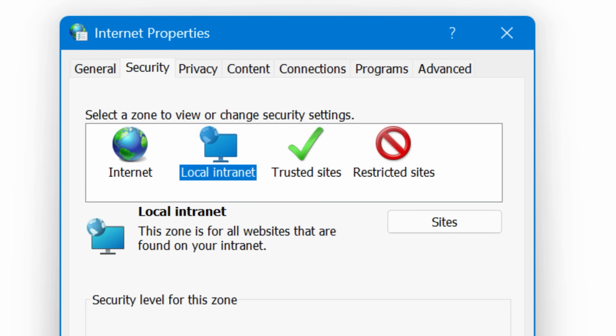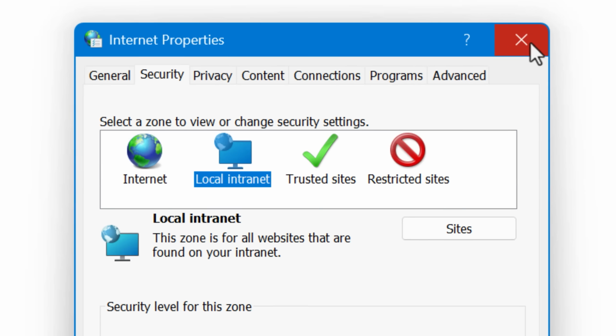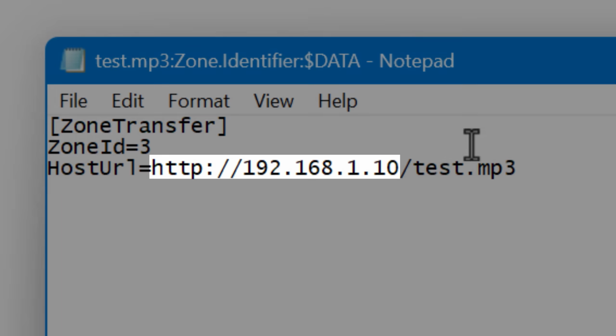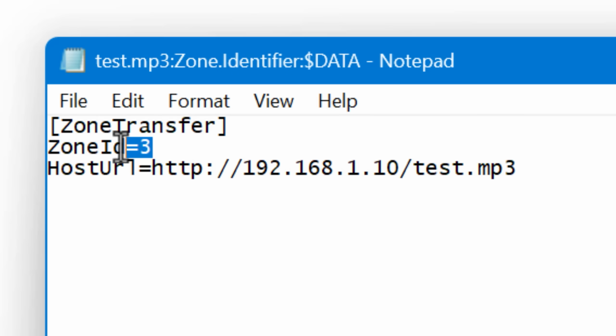I assume that the reason it applies the mark of the web to all file types, not just executables, is if, for example, it's an executable that's downloaded with a different file extension or it gets changed, it can still know to block it. Also, I figured out that local intranet probably more means a company domain network, not a home network. I tried downloading a file from my NAS, and despite it literally being on my local network, it still had Zone 3 internet.